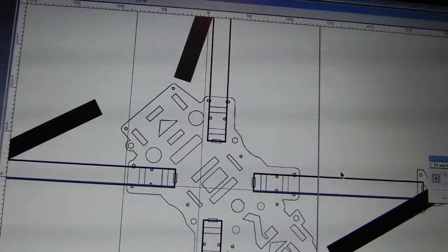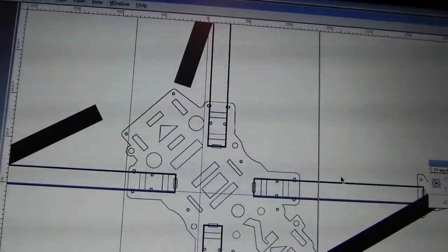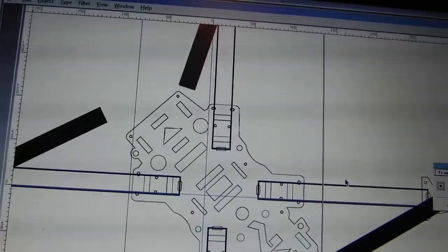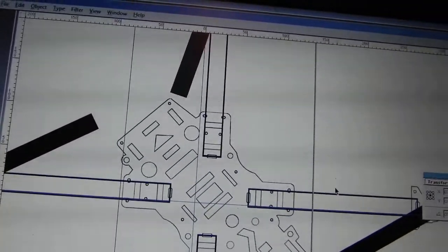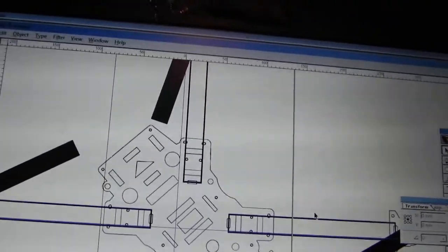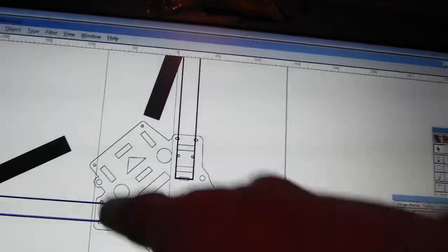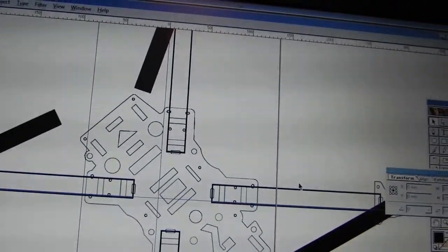FPV wise, it might interfere with the antennas quite a bit, but I don't think that having antennas on the bottom would be affected. It would act as a reflector almost, I think. It might absorb some of the signal, but it does have a lot of holes in it, and with these antenna holes here randomly spaced throughout the frame,